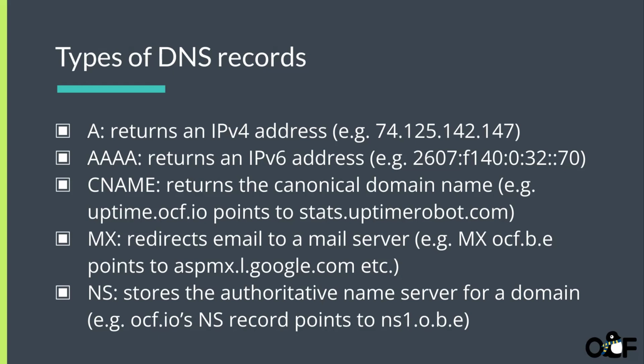So in addition to A and quad A, there are CNAME records. CNAME stands for canonical name, and it's basically creating an alias. An example we have at the OCF is our app hosting server. We have names for each actual server, and our servers have a naming scheme named after disasters and stuff. So we might have a server called vampires,